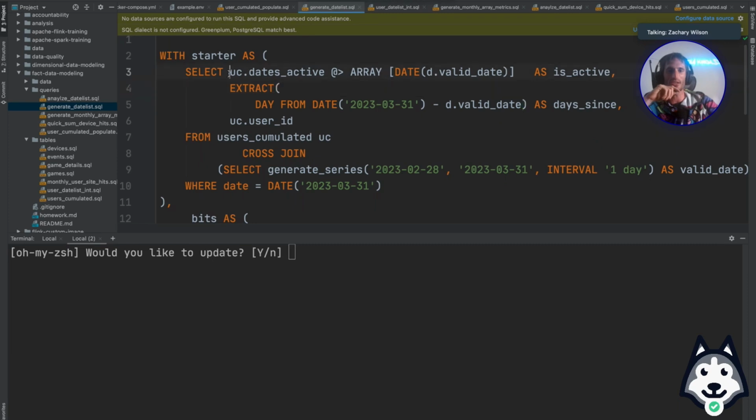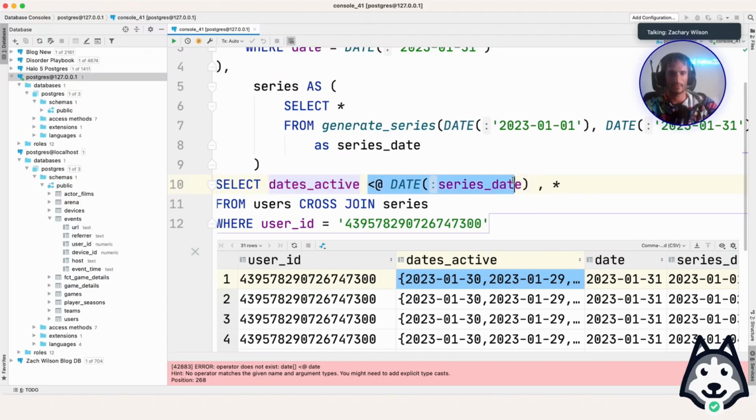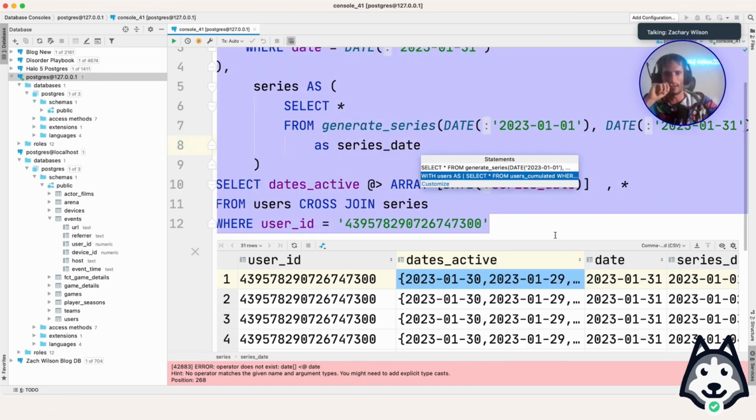Oh, it needs... you have to compare arrays like this. It's like a weird arrays thing, right? Where you have to wrap the other one in an array. I remember when I was doing this the last time I did this presentation. Instead of valid date here, we have series date, which I think is a better name. And apparently I got